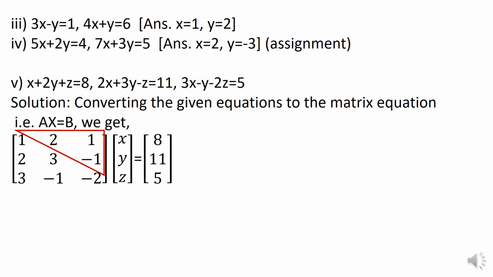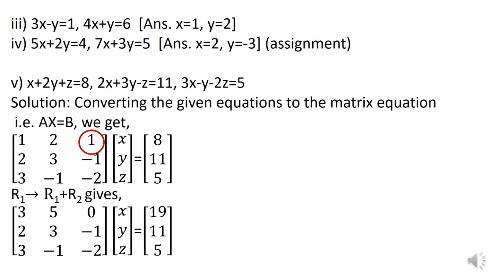Now we can either convert the given equation into an upper triangular matrix or into a lower triangular matrix, whichever is easier. We find that we can convert this into a lower triangular matrix, which is easier in this case. So we start by converting 1 to 0 by doing the operation R1 plus R2. You can see over here R1 plus R2 will give 1 minus 1. Thus that 1 will become 0. Thus we get this particular equation. Observe that R1 has been transformed on both LHS and RHS.